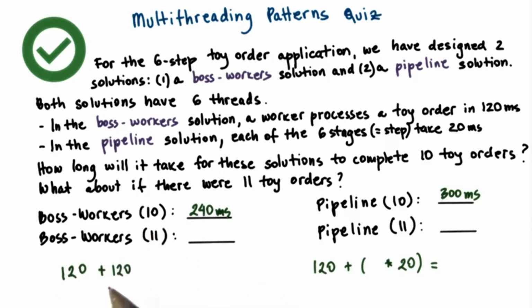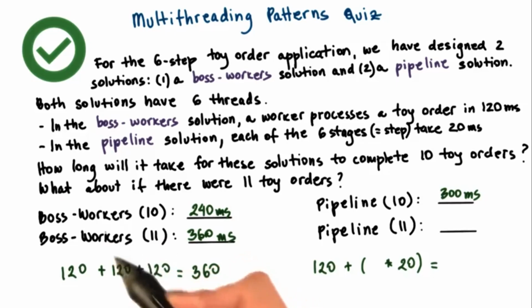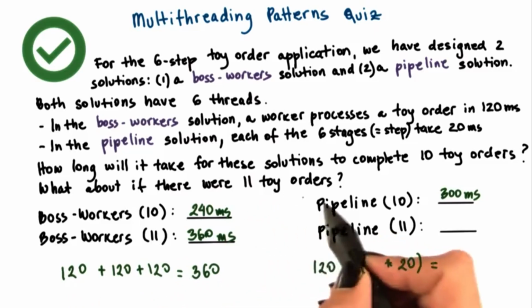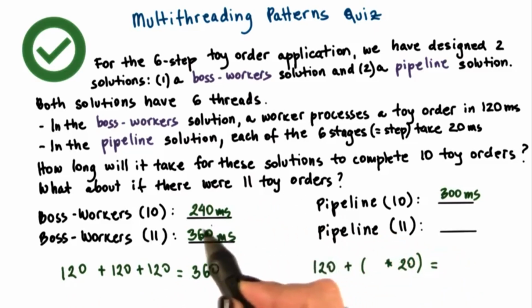Now, if we have 11 toy orders, we will process the first 10 in the exact same manner as before. We have 5 worker threads. They can only process 5 toy orders at the same time, so the first 10 out of these 11 will be processed in 240 milliseconds. Then the 11th order will take another 120 milliseconds. Only one of the workers will be busy. Only one of the workers will be processing that toy order. However, it will take an additional 120 milliseconds to complete all of the 11 toy orders, for a total of